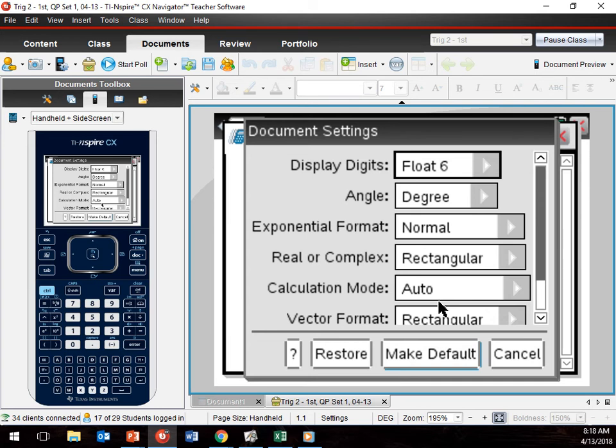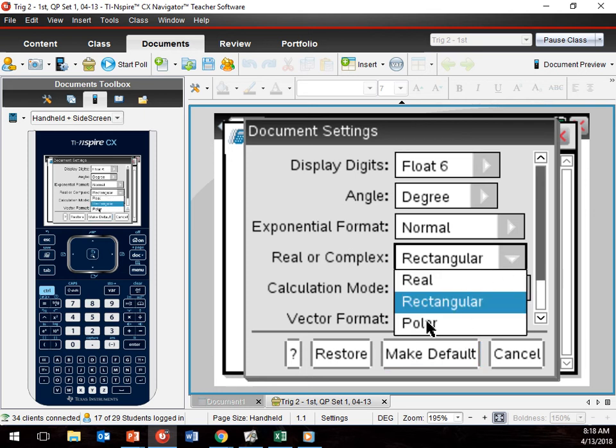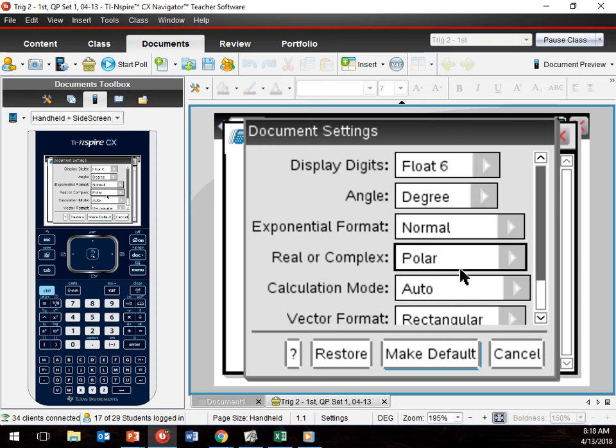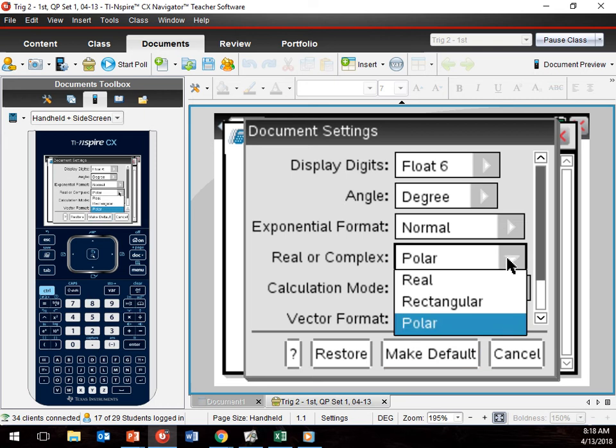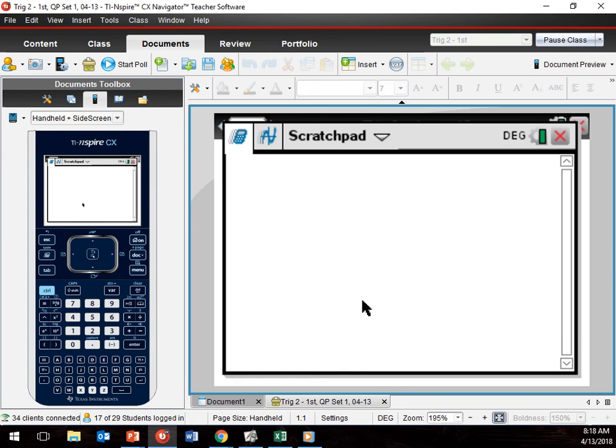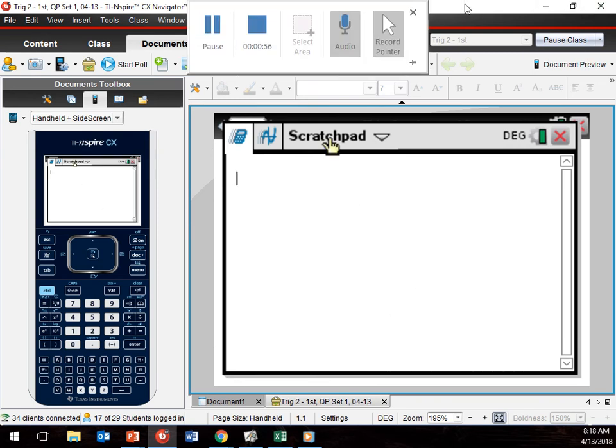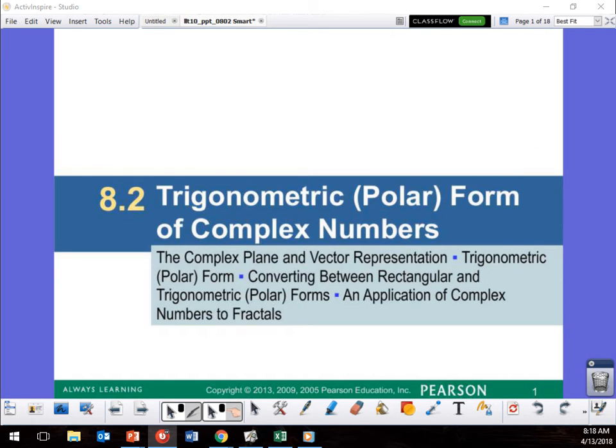So document settings, and for this one right here, real or complex, we have complex. So real, but now we're doing polar. Polar is a type of complex that has imaginary numbers. There we go. That's all you need. Like I said, I already changed everyone's. Everyone should already be there. All right. Now,